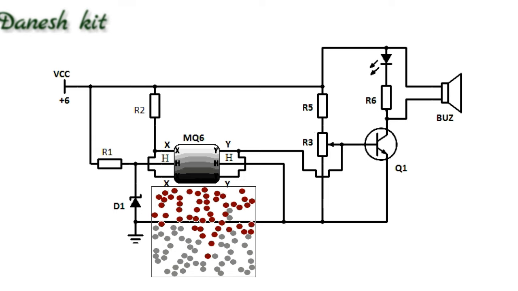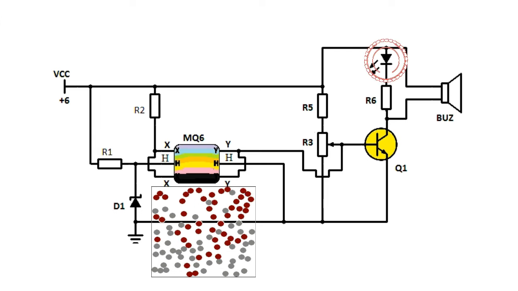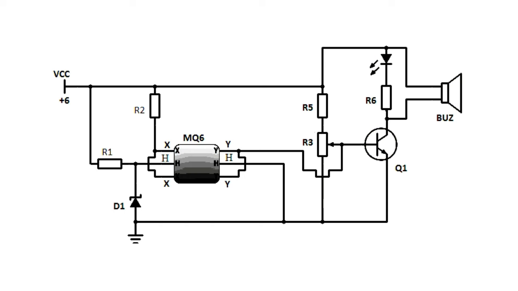The gas leakage alarm circuit uses a BC548 transistor to turn on the buzzer whenever LPG gas is detected by the sensor. Initially, when the circuit is turned on, the coil inside the sensor starts heating up and the current flow through the coil is controlled by a 33 ohm resistor, while the Zener diode makes sure that the voltage does not exceed 5.1 volts. The XX pin is connected to the positive of the power supply via a resistor,